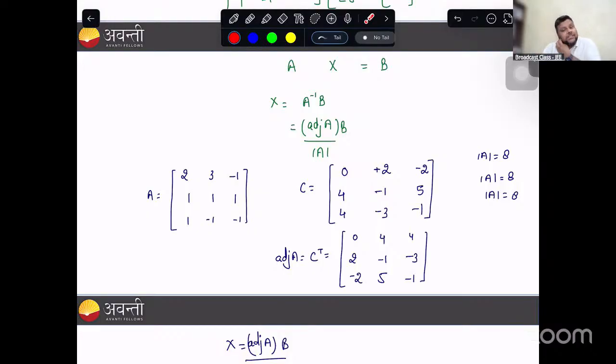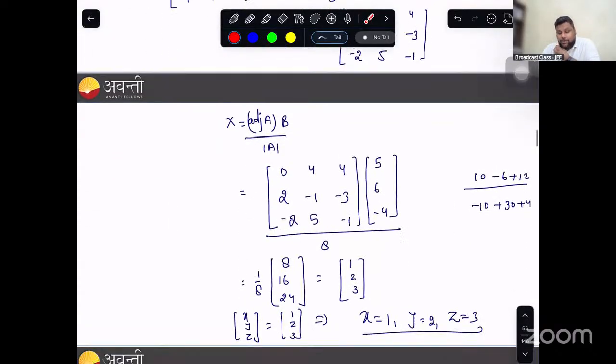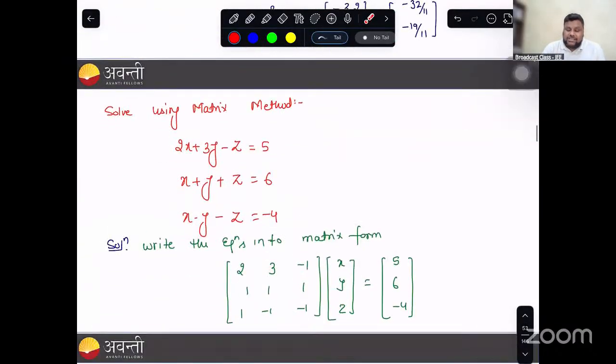Second, whatever answer you got ultimately, like I got 1, 2, 3, do check this answer in the original question once, whether it is satisfying or not satisfying. If it is satisfying,